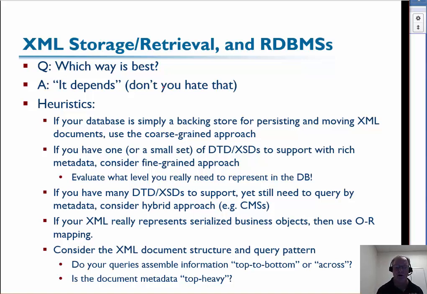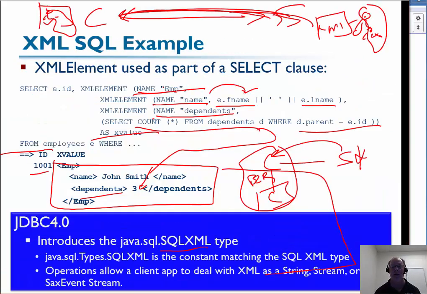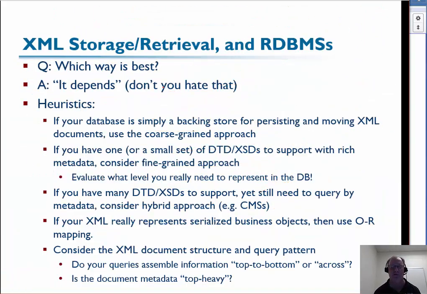If your XML really represents serialized business objects, then do something like an OR mapping. That's the case where I'm already serializing between a relational database and objects, and XML has come along as a new thing, JSON has come along as a new thing. I'm not going to get rid of one of these layers, and I might be able to leverage the fact that this is already here. I've already built those objects, and I can leverage that even though it's more inefficient to go through an extra level. At least I know I'll have fidelity across those layers.